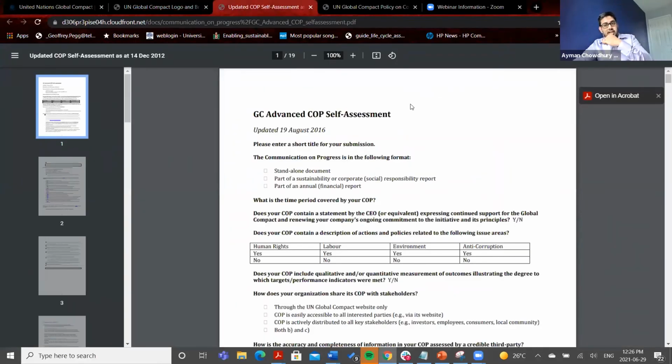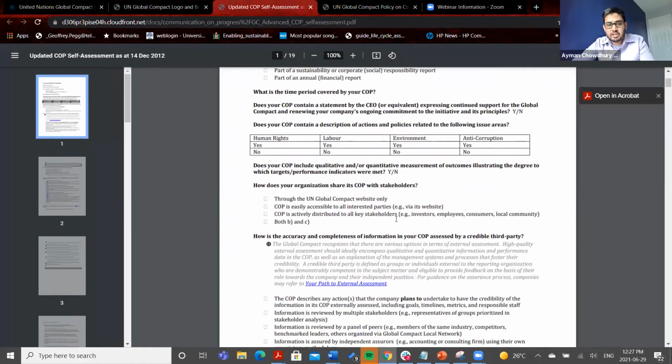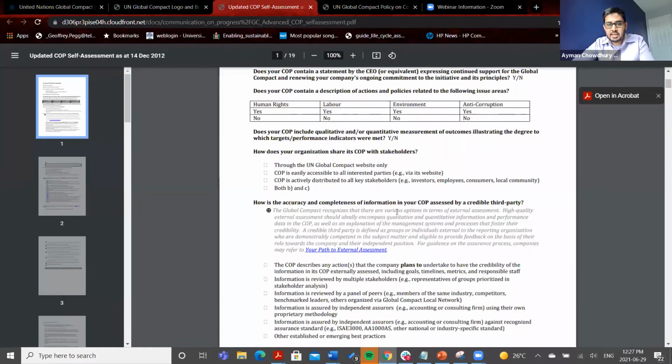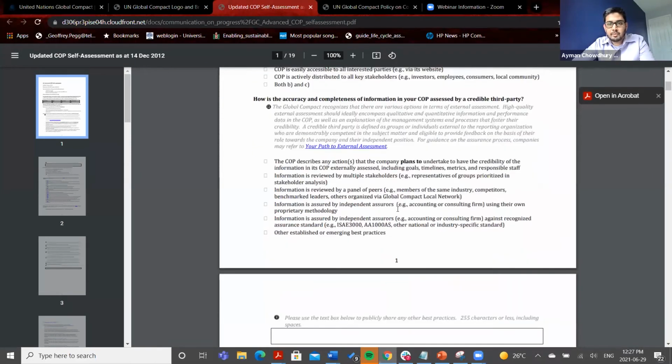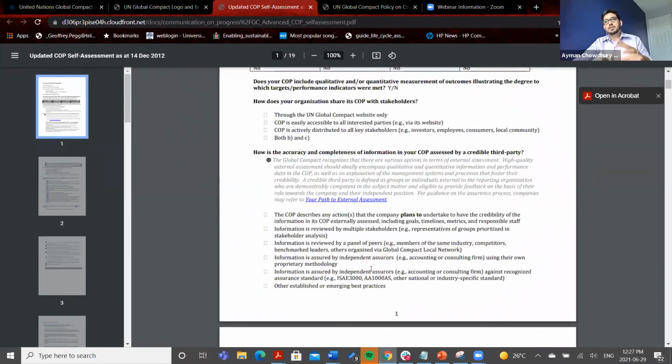So this is the GC Advanced COP self-assessment. If you click on that PDF file, this is what you're going to see. The primary questions are pretty much the same as the GC Active one. What I wanted to critically highlight here: because GC Advanced is about strengthening, or providing more detailed information,